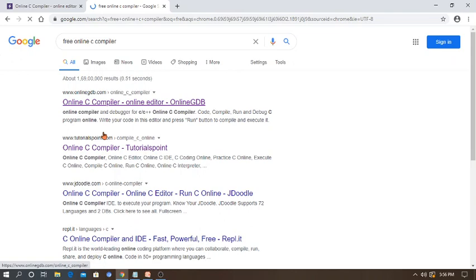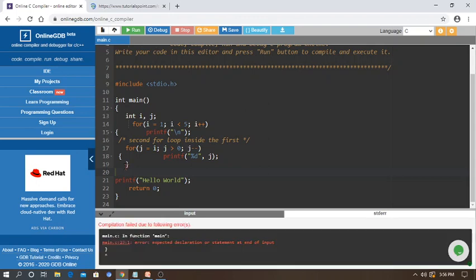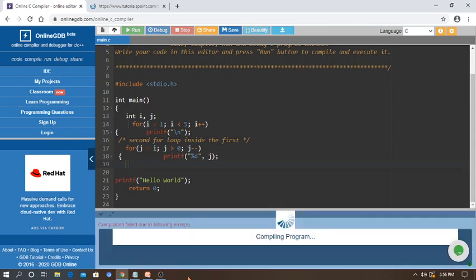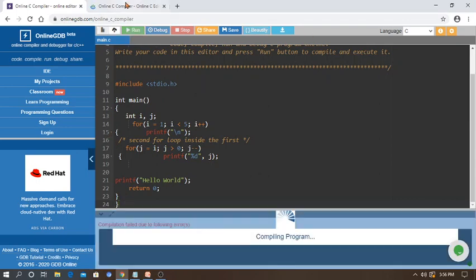I have to remove this error. Check some other mode. Sorry for the inconvenience.